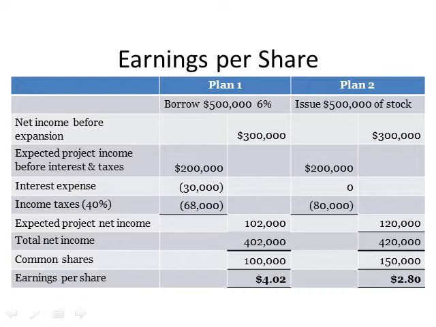As you can see, the company's earnings per share amount is higher if the company borrows by issuing bonds. The company earns more on the investment, $102,000, than the interest it pays on the bonds of $30,000. This is called trading on equity or using leverage. It is widely used to increase earnings per share of common stock.